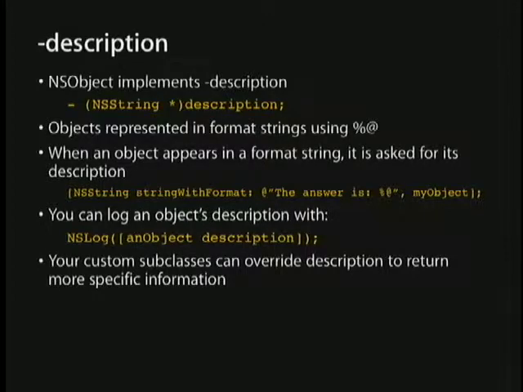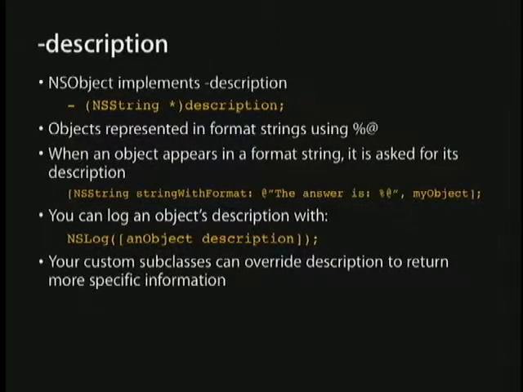You call description, you get a printout of the value, the class of the object and its pointer, and you can log it, do all kinds of interesting things. So within format strings, I'm sure you're familiar with format strings from printf in straight C. There's some standard formats you're probably used to with %d for printing an integer. We have an extension to that, not for printf, but for format strings in Objective-C methods, which is %@. And %@ is basically a format specifier that specifies this is an object and indicates that when the format string is formatted, it should call description on the object that's going to be printed there and put the result of the description method in place of the %@.